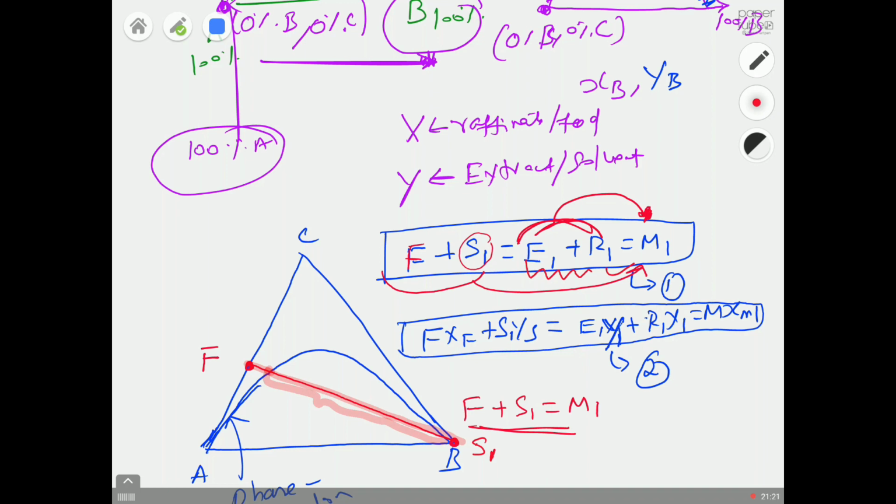If you know the percentage of your extract, say this is your 100% C, so roughly 50% C is here, this is 40% C,